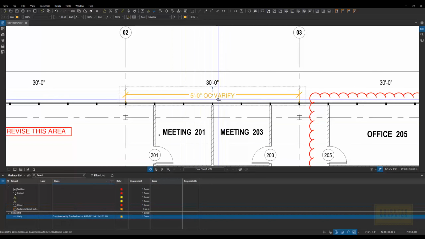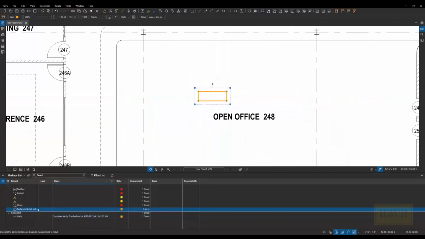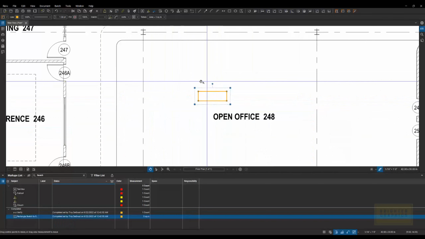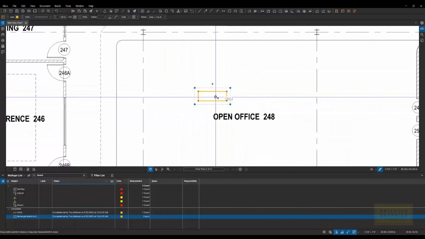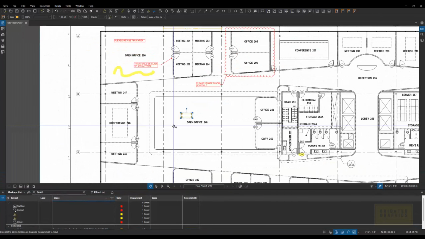So a lot of common practice is once you're done with a markup, you highlight it yellow to indicate that you're done with it. I built that into the custom status. So all of these markups, when I select these, I do that change, I double click, and I mark it completed. You'll notice it not only turns yellow as if it were highlighted, but it also puts in the status that it was set to complete by me, and the time and the date that I did that. Okay, so you can start to build in accountability to those markups as everyone signs off on each individual markup.